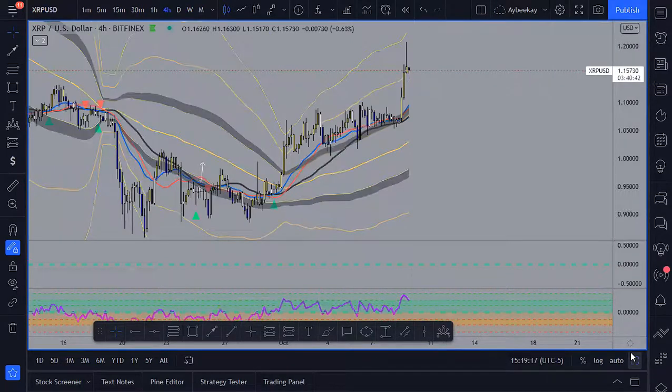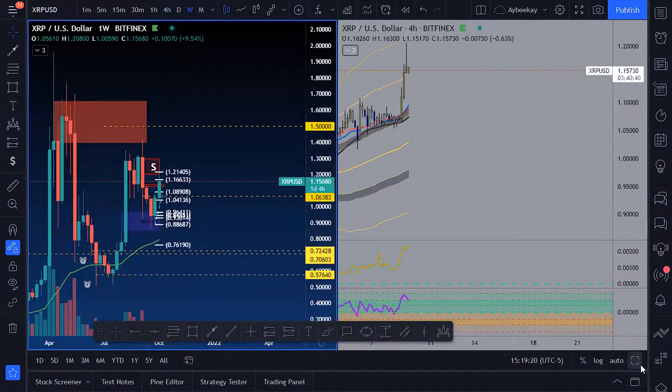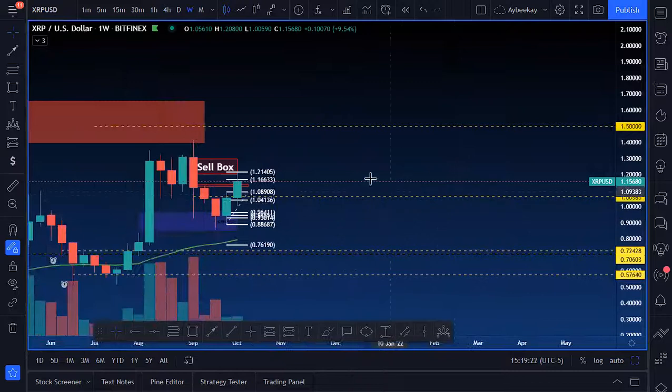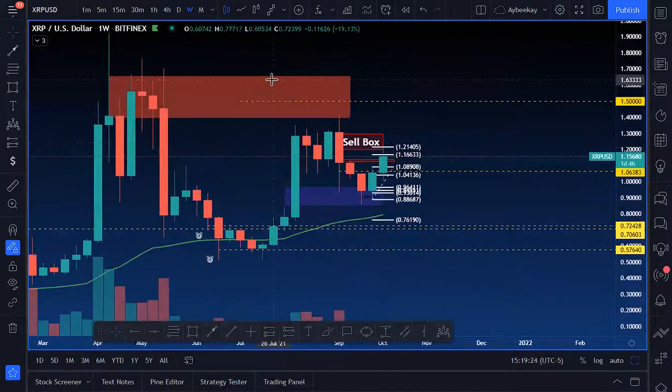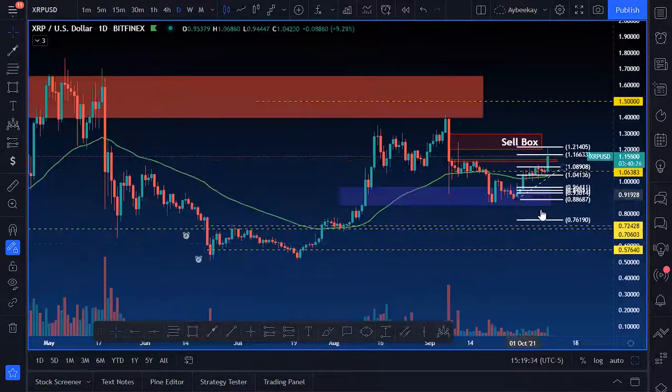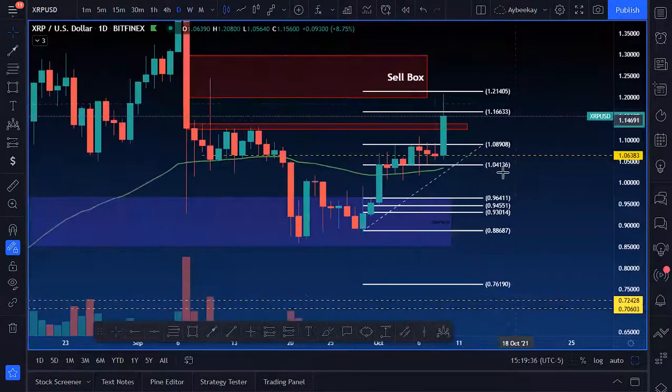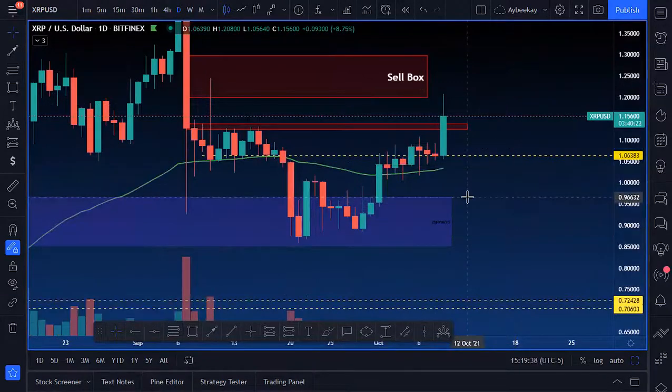Ripple took off. Man, what happened here? And again, this is another reason why I'm so happy that I actually ended up getting out of my Ripple and Ethereum sells that I told you I was getting into, and I then broke even instead of waiting for price to stop me out. Just like, okay, this thing looks like it's gonna take off. Let me just get a break even, right? So get rid of this here.